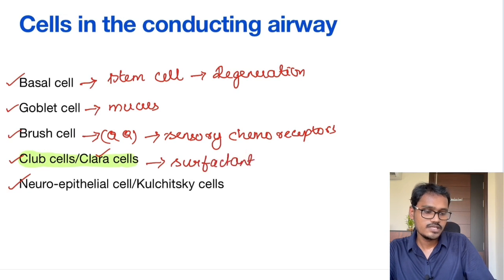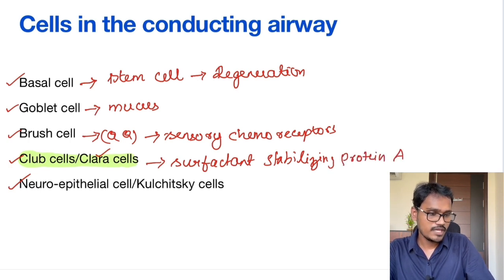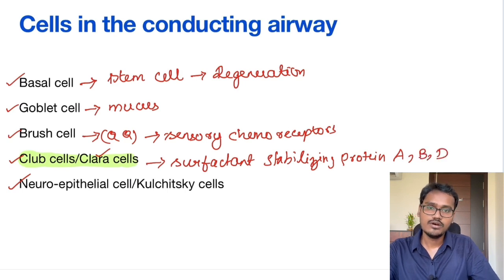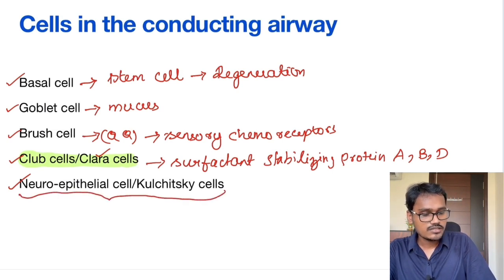Surfactant stabilizing protein. The surfactant stabilizing protein, especially the types A, B and D, all these three it is going to produce. Then coming to the neuroepithelial cells or Kulchitsky cells, all these two cells, they are primarily whenever there